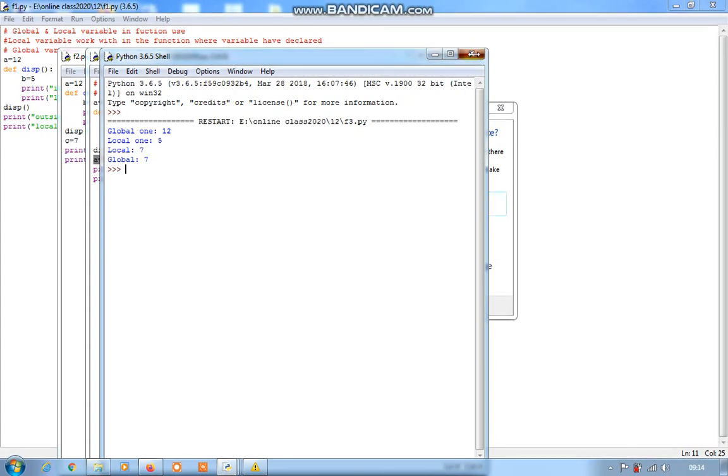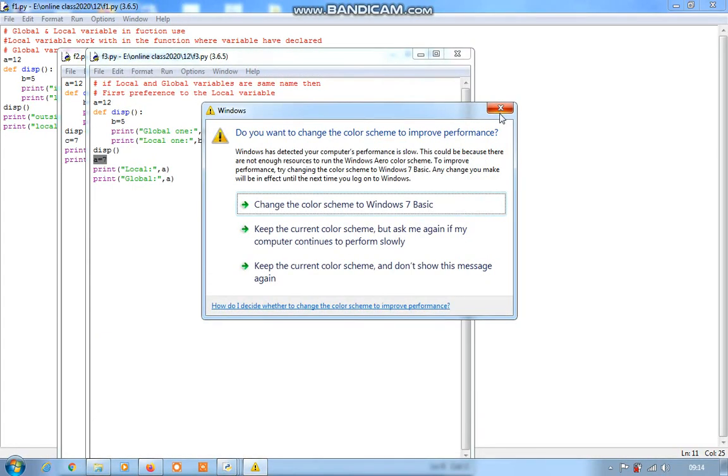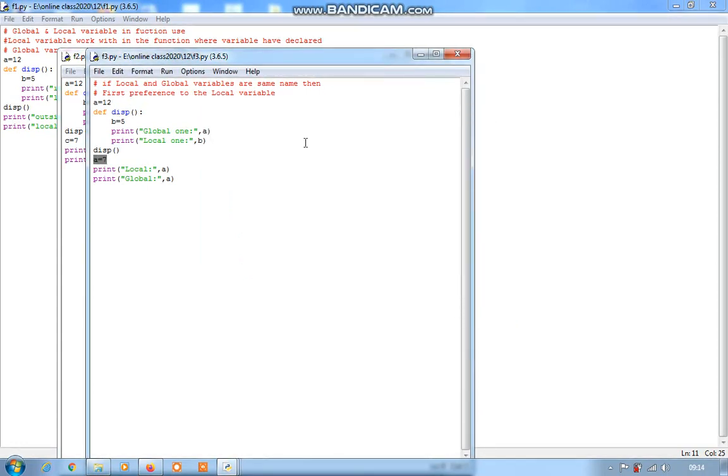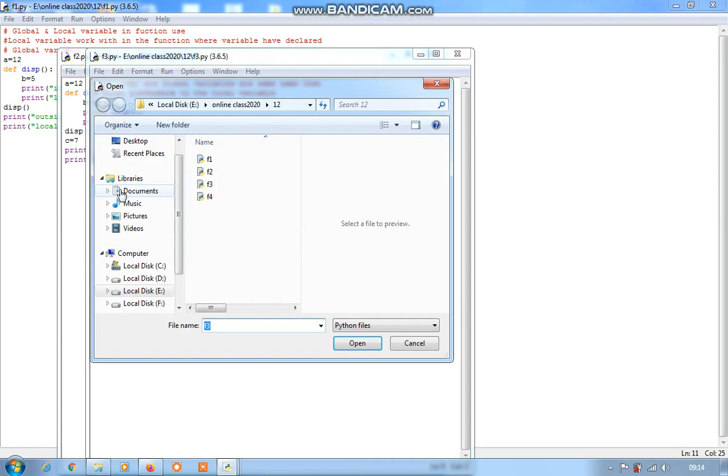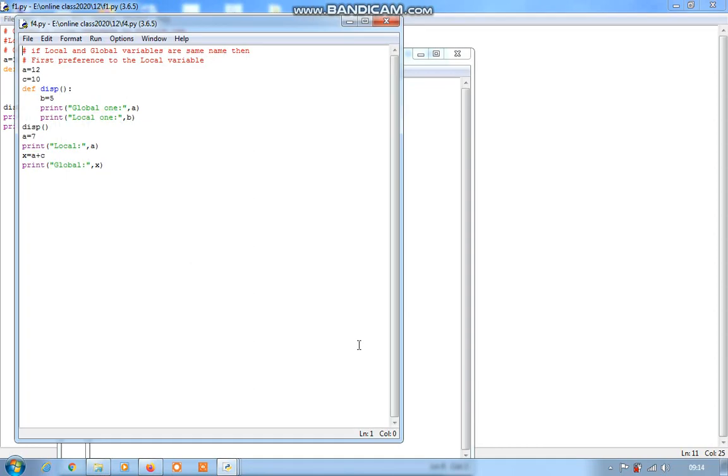Now another example. We have another example with the calculation method. So we will check this output accordingly. According to this particular program, if the local variable and global variable are the same, then the first preference goes to the local variable.